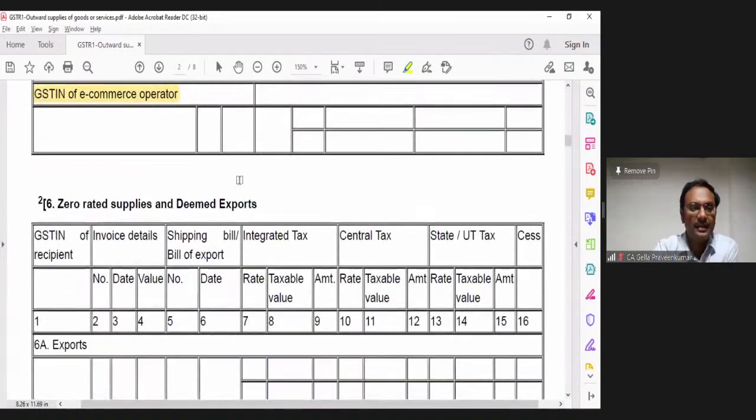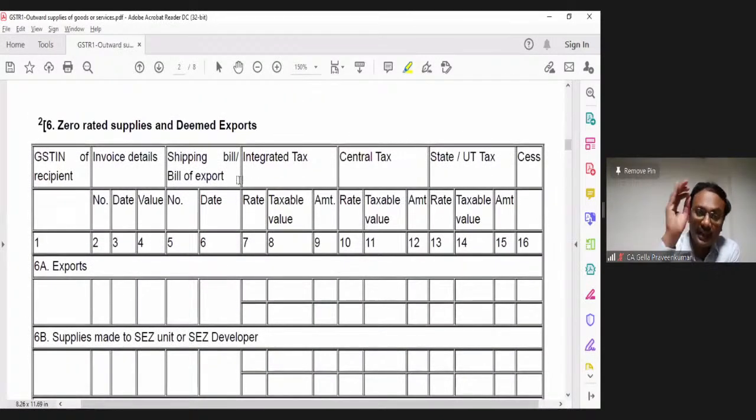Next, table 6. Now, this is a table where I would like to draw attention. All of you are listening to me. You get an assignment from a client for filing of returns. Don't think it is just an easy job of filling the data from the accounting software into returns. Have utmost attention, understand the nature of the transaction. Let me come back to my Excel file before I explain zero rated supply.